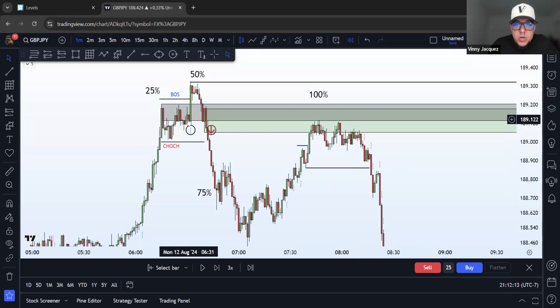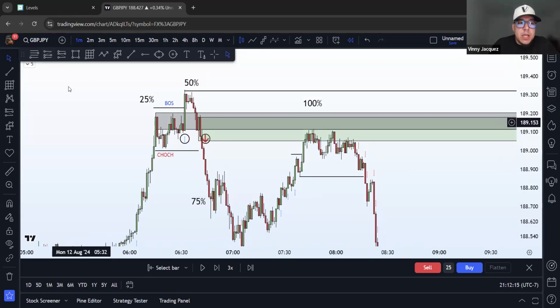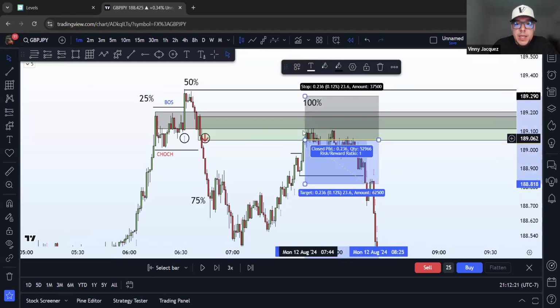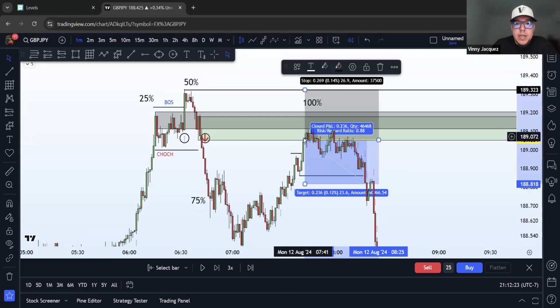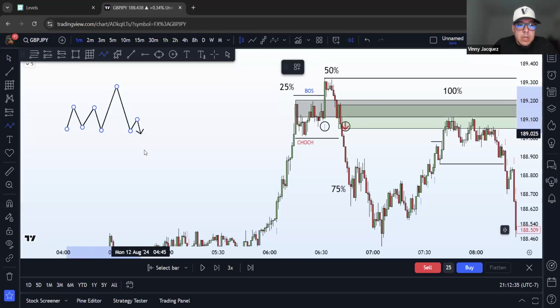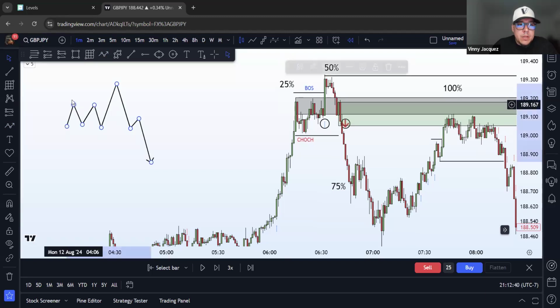Now, with something like this, Ricky, and especially this is the 1 minute, so this is really small time frames, and your risk isn't that big. So I wouldn't mind getting in at that starting point and setting it up, or the 50% of that starting point, or just at that right shoulder, right? But when you have something that looks like this, shoulder, head, starting point, drop. Let's actually make this a little bit bigger,